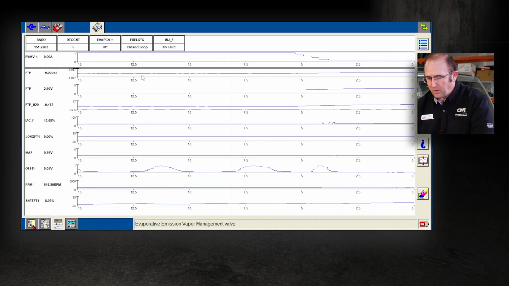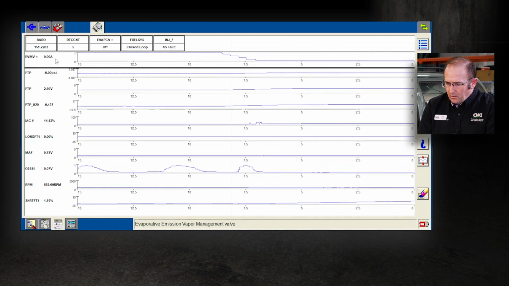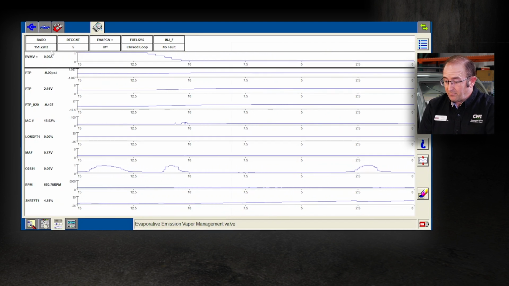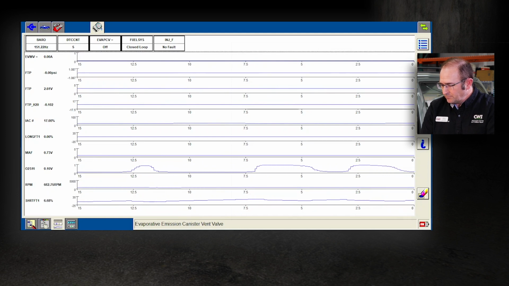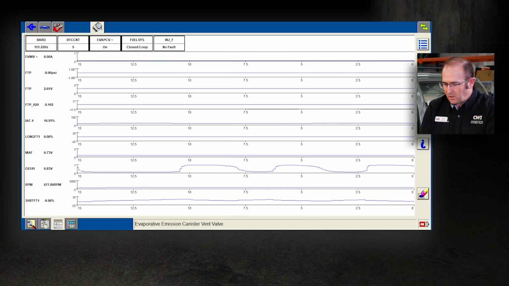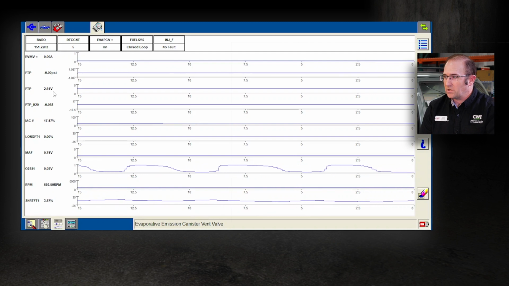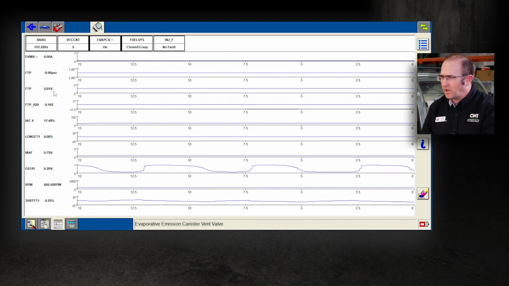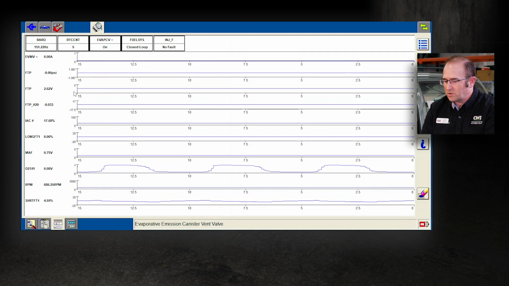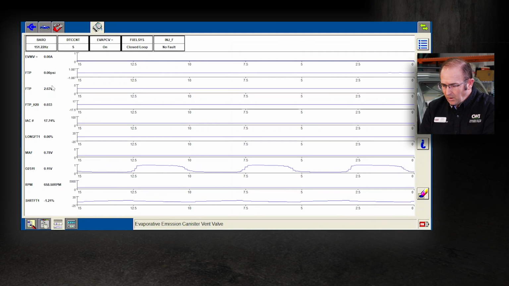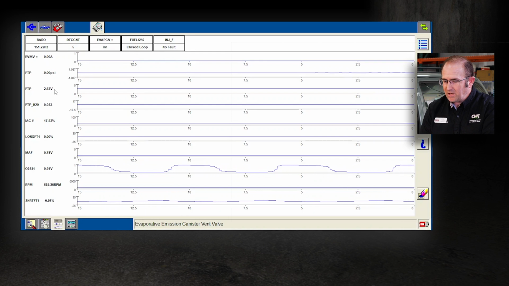So, a recap. If we have our vapor management valve commanded off at 0, either percentage or amperage, and we come up here and close our canister vent, switching it to on, and our fuel tank pressure drops, we know that we have a stuck open canister purge valve. It's that easy. It's either mechanically stuck or electronically faulted, shorted, something of that nature, commanding it open. But if the fuel tank pressure is not decreasing,